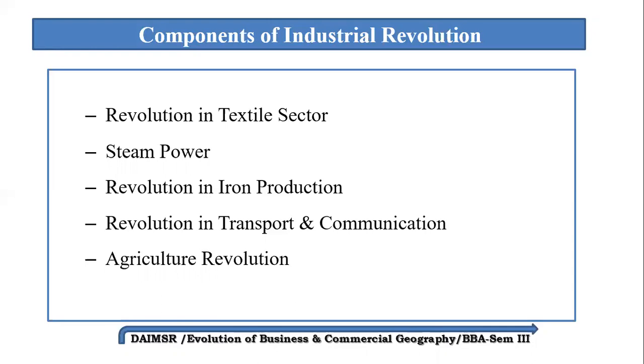The next revolution happened in iron production, where the cheaper mechanization of all industrial processes happened, and the steam power had led to demand for more machinery, and high grade irons started being used instead of the raw irons. After that, there was a revolution in transport and communication as the steam engine was modified for use